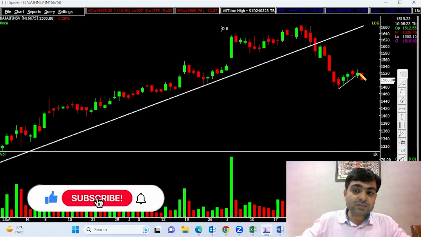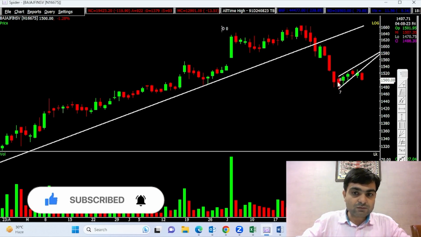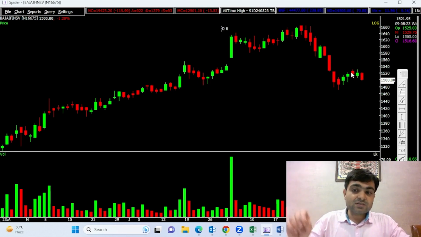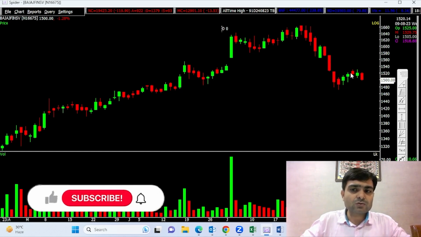Technically, this formation we call an inverted flag pattern. So what is an inverted flag pattern? The prices have fallen down, taken a little bit of recovery, and then again started to shed momentum. This is a bearish continuation sign, because the stock is reacting from its higher time frame resistance level. It came down drastically, took a pause or a relief rally, and then again continues to move